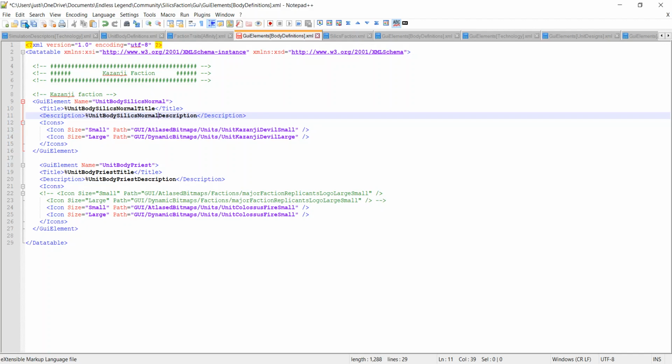As I was saying earlier, we have a bit more free range of what we want to do, and more things to add. We can also now add images. As you can see right here, we have these two images. I'm not entirely sure what the Atlas bitmaps are, but the dynamic bitmaps are types of images that you can actually load into the game yourself. So for example, right